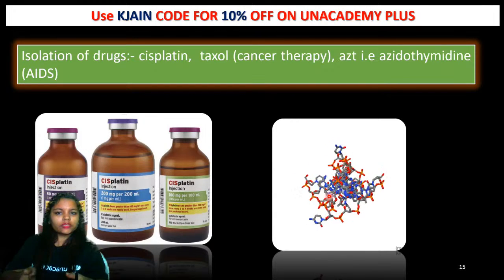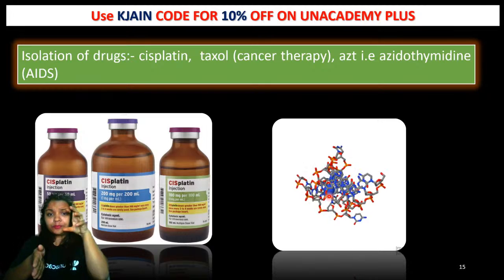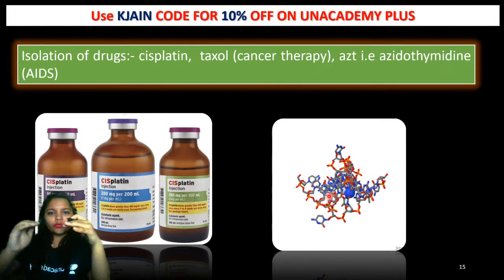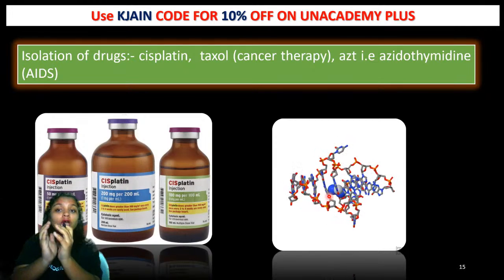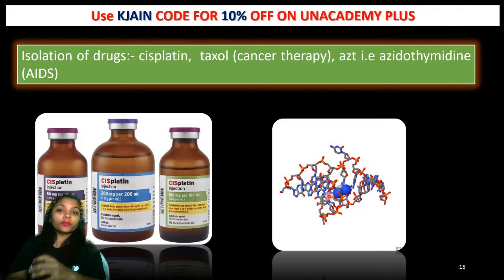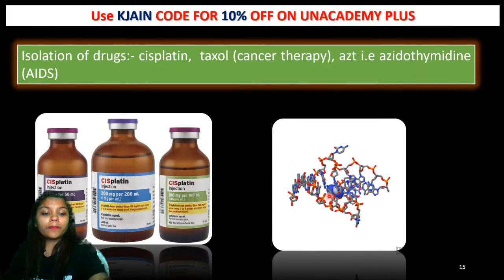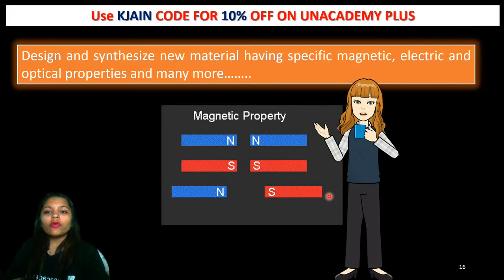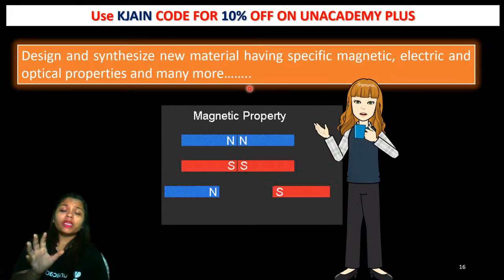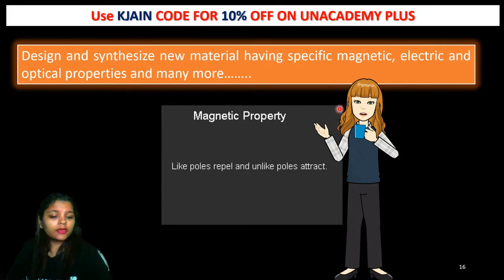You know DNA is a double-stranded molecule. If there are two strands, then this cisplatin fixes in between the DNA and separates the two. Like this, cisplatin does the unfolding of the DNA. So that's how our cancer cells stop growing, and that's how the tumor is cured. Now also there are many materials in which different properties can be studied easily from chemistry, like magnetic, electrical, optical properties.